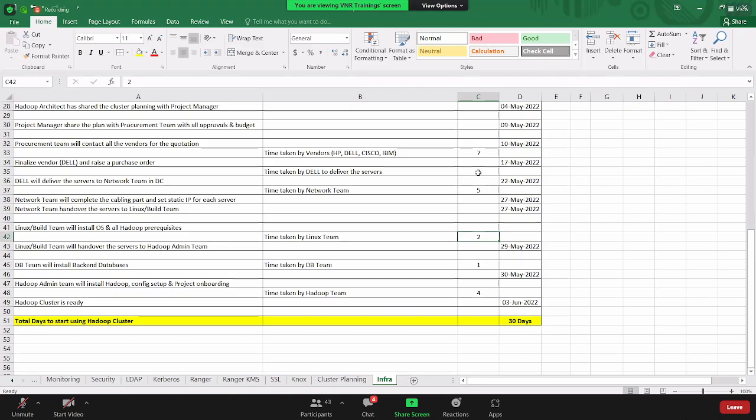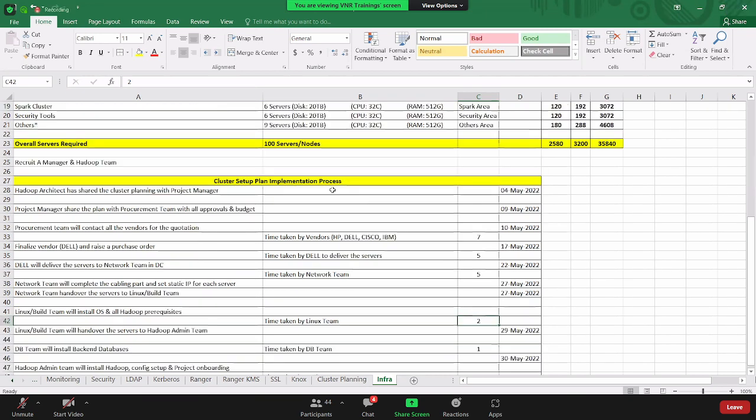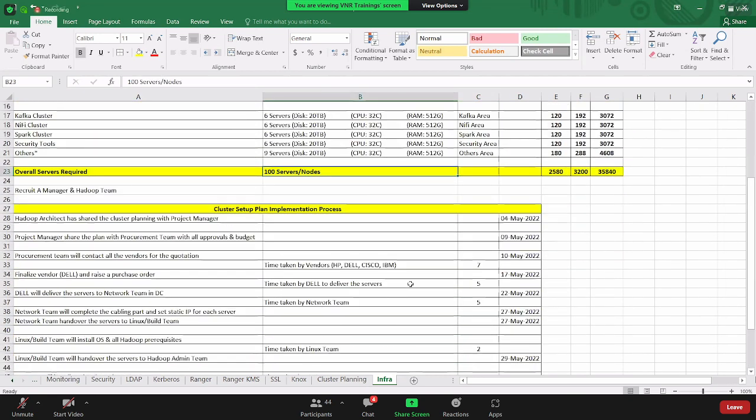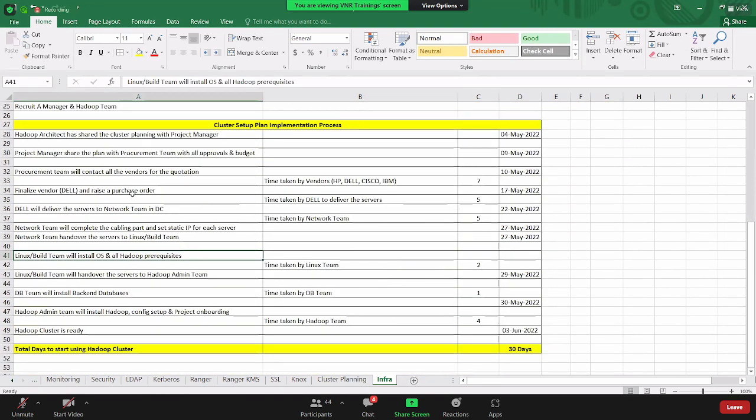So this 2 days, 7 days, may increase based on the number of nodes also. If you are building a cluster with only 50 nodes, they may take only 1 day. Or if you are building a cluster with 1,000 nodes, they may take more time. I'm just giving an example, say for 100 nodes. Once the OS and all Hadoop prerequisites are installed,